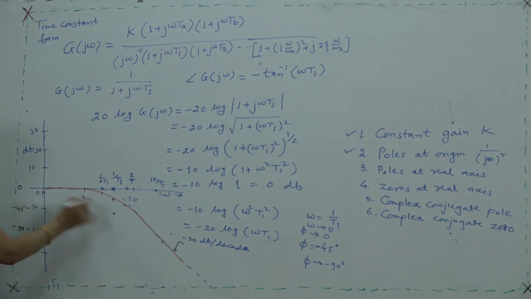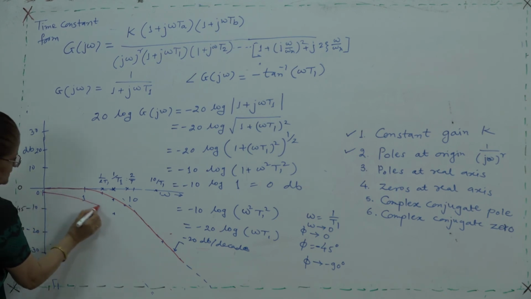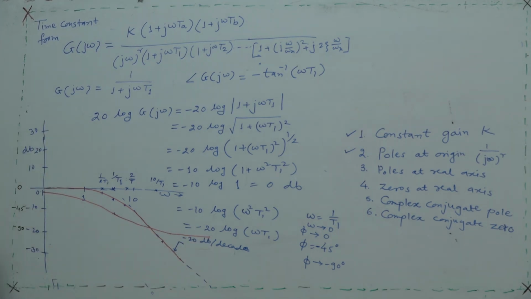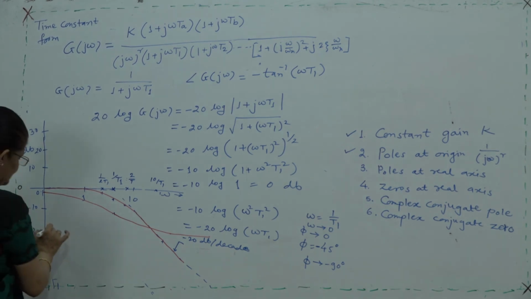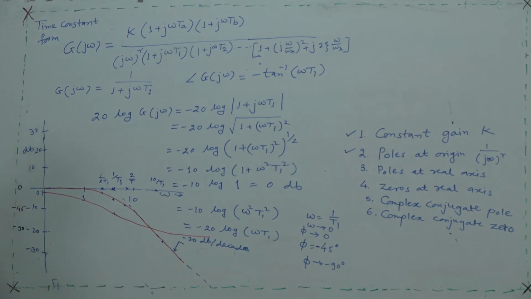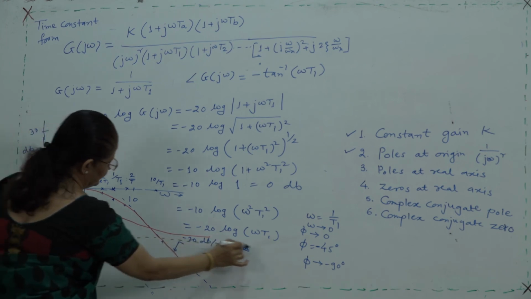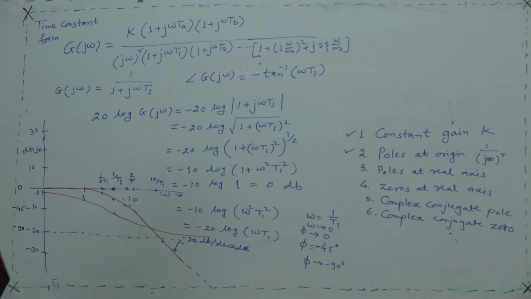You got 3 points, but you do not have to draw a straight line because the function is tan inverse. So, how will you get your phase plot? The phase plot will be like this. It is parallel to 90 degrees, you observe that particularly. It is not touching the minus 90 degrees line. As it is going towards infinity, it will touch the minus 90 degrees. This we have seen in the last lecture.